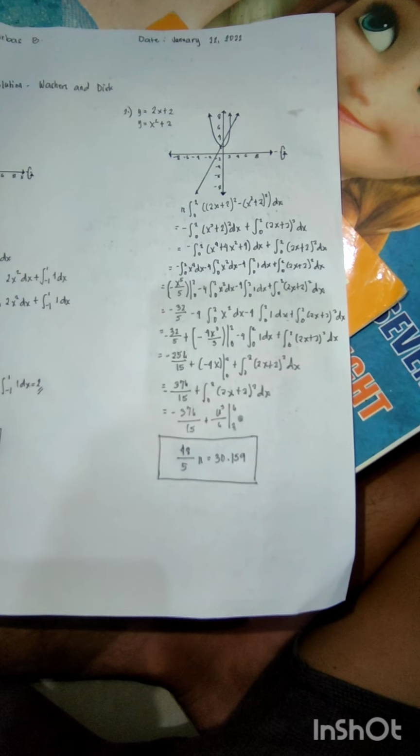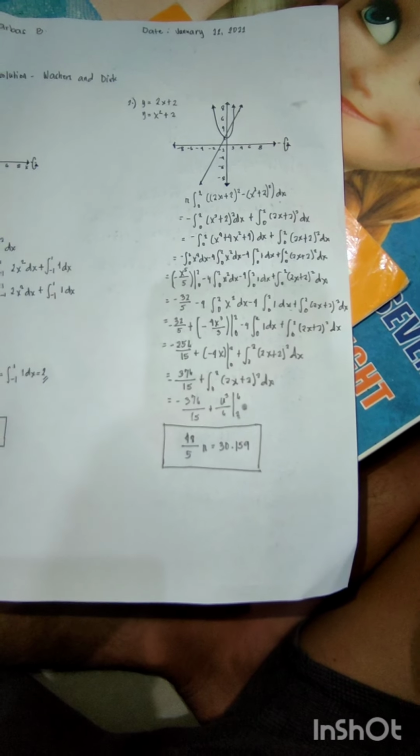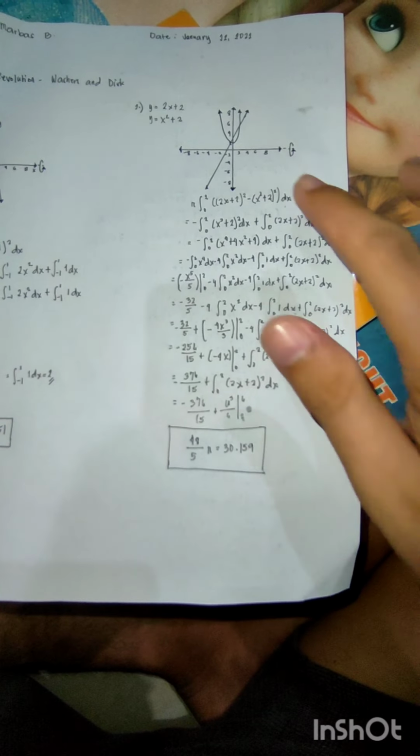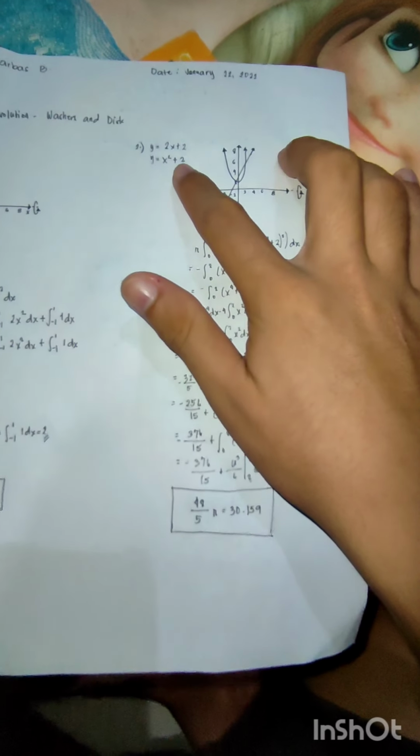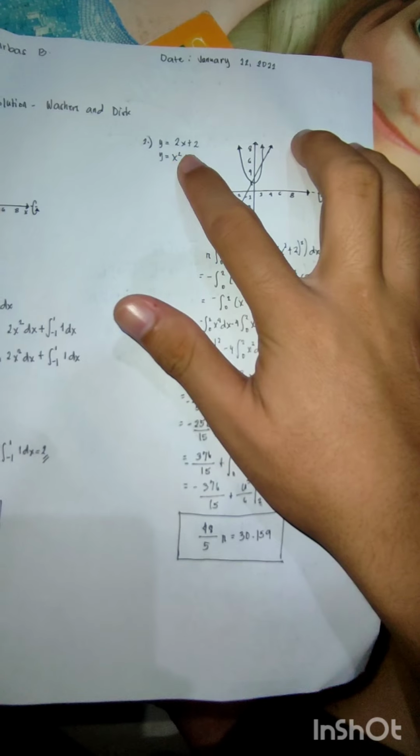Now we are on number 2. y equals 2x plus 2 and y equals x squared plus 2. Then this is the graph of number 2. Then this is the solution. So